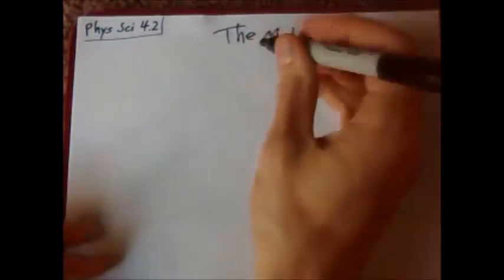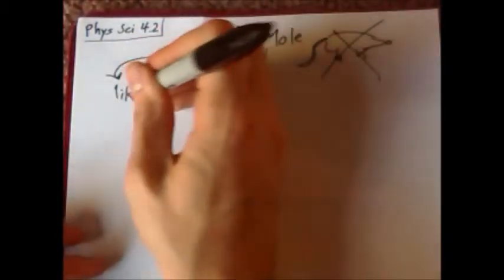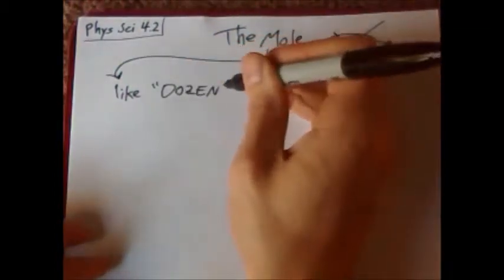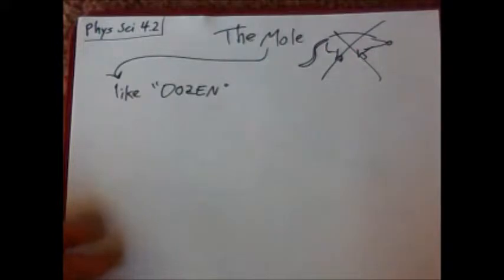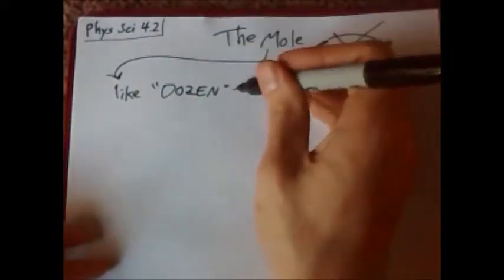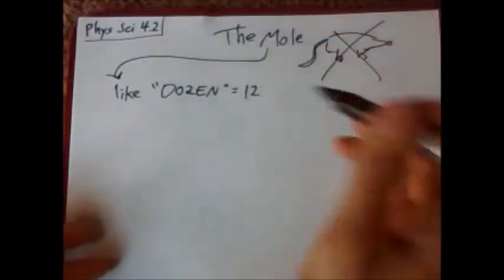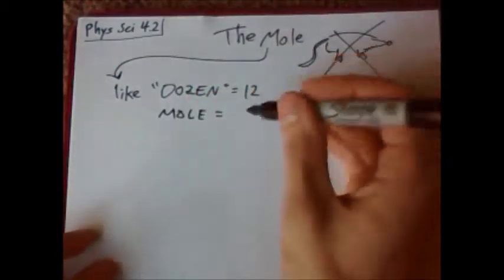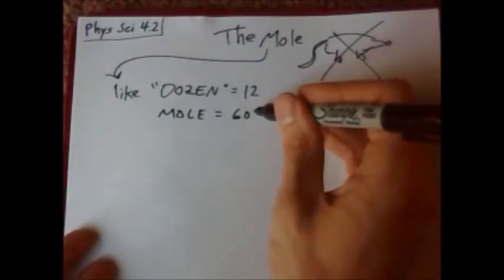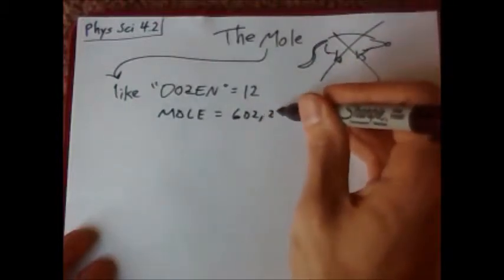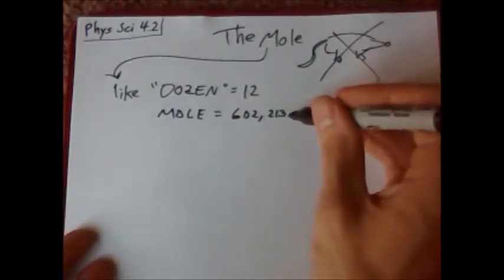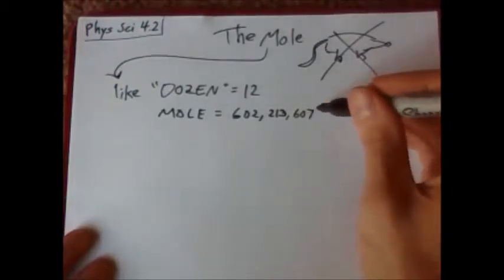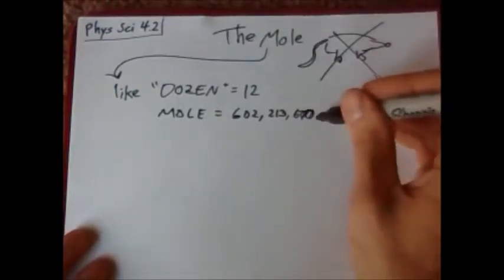The word mole is very much like the word dozen, except the word dozen refers to a certain quantity, 12. The mole refers to a certain quantity: 602 sextillion 213 quintillion 670 quadrillion